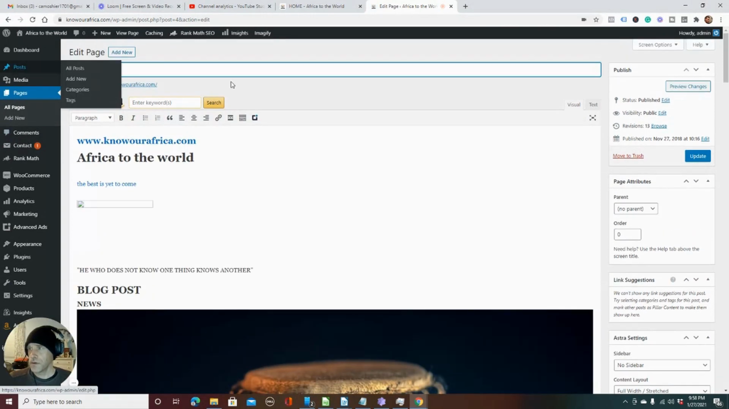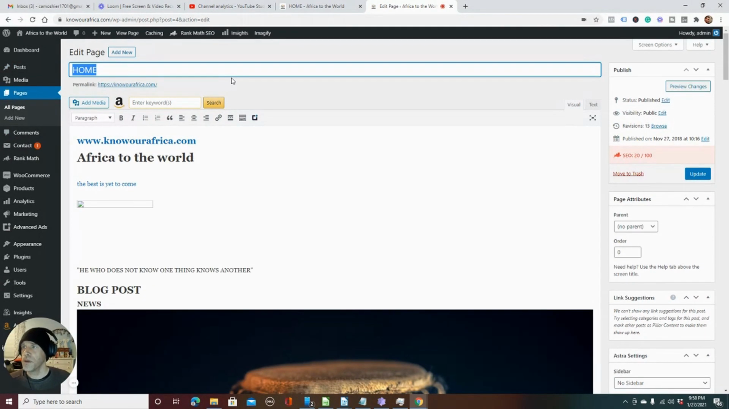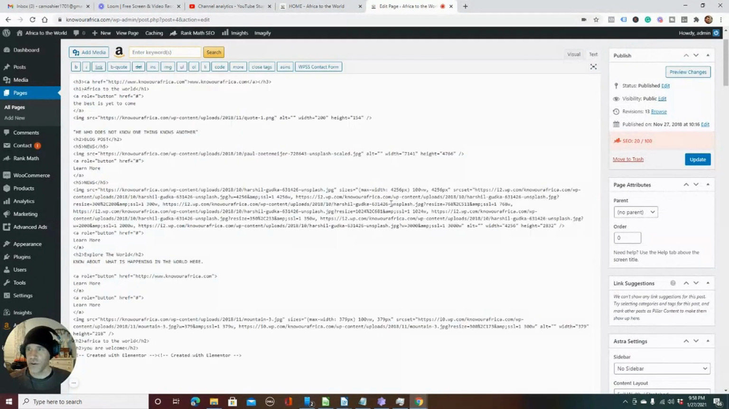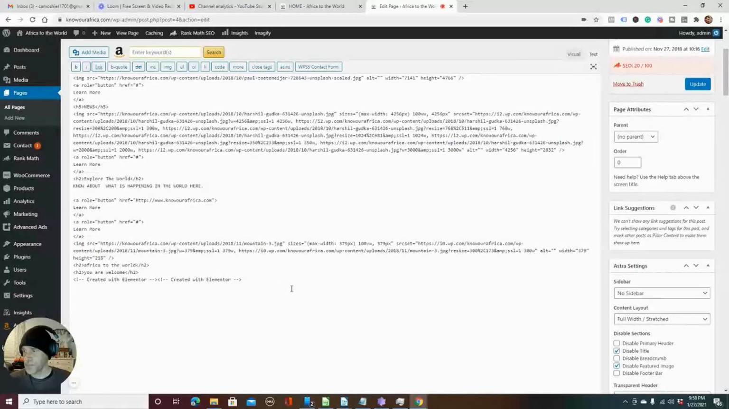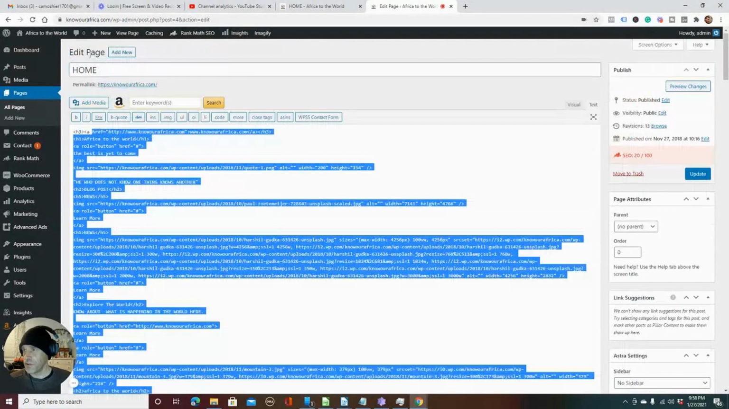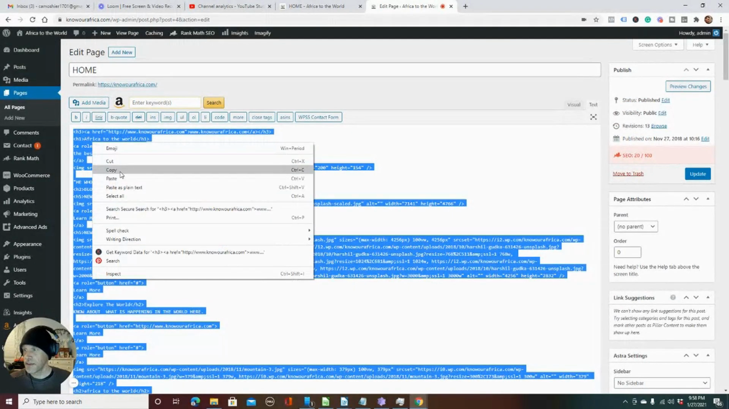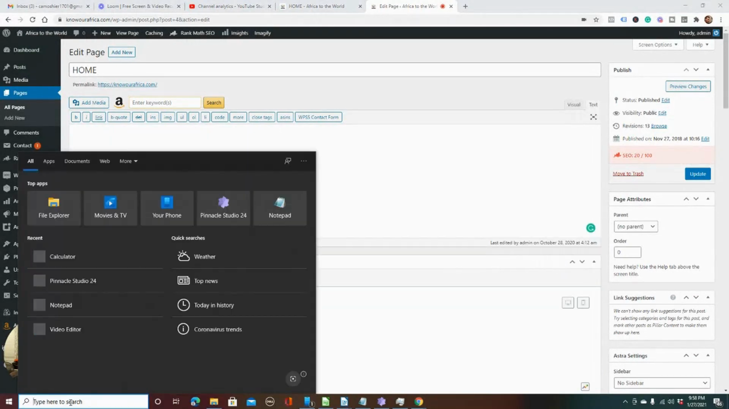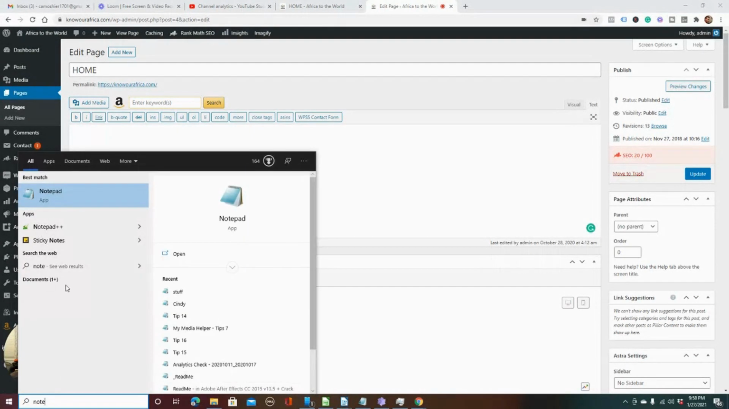Okay. And we are going to name the home page. And that's the issue right here. That's why everything's so... We're going to get rid of all this crap. Created by Elementor, that's why. I'm just going to cut this and put this in Notepad. I use this Notepad